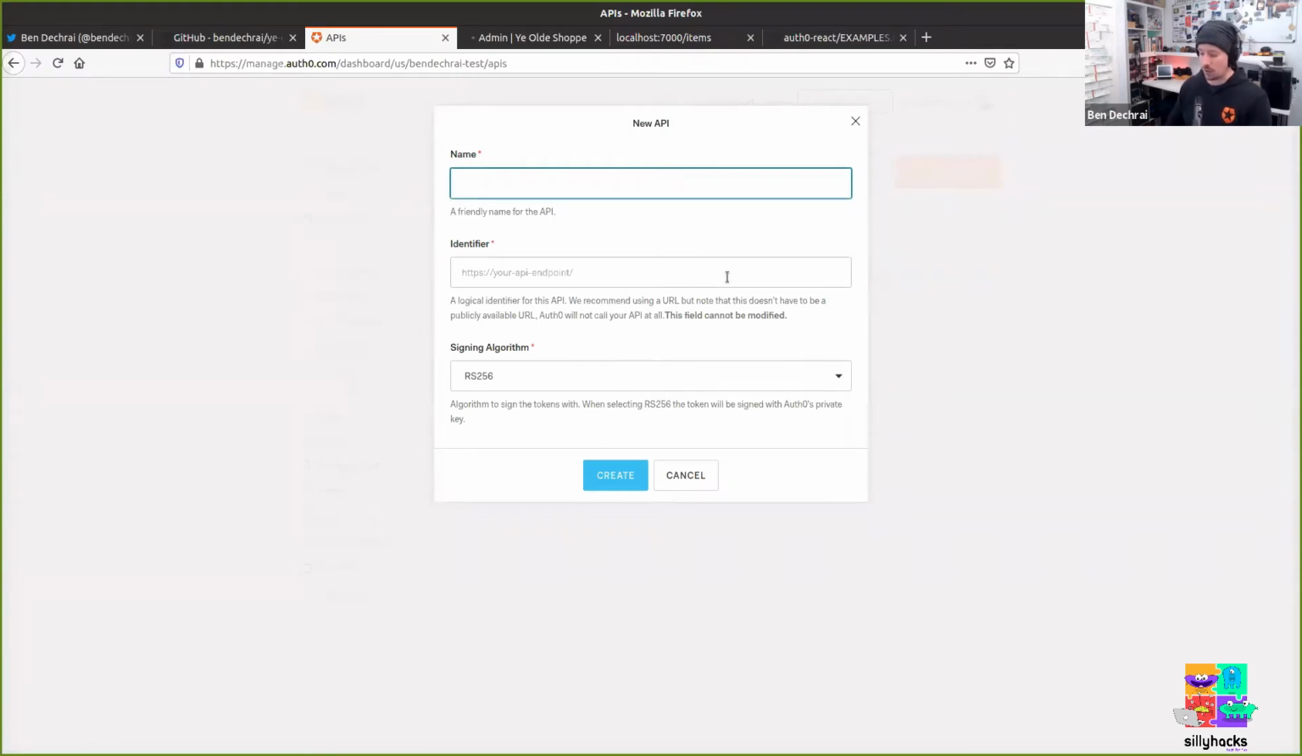So we're going to create a new API. The name here doesn't really matter what it's called, so I'm just going to call it API. The identifier doesn't necessarily need to be the URL of the API you're using. Generally, that's what we use because it's easy to look it up, but it can be any identifier. Conventionally, though, we'll use